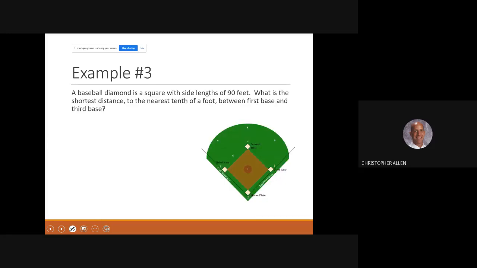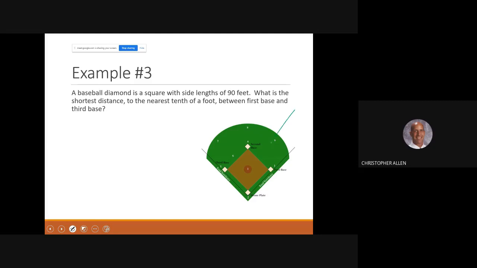All right, next problem here, example 3. Do I have any baseball players in here? Anybody play baseball? Baseball player? Okay. So hopefully you're familiar with the game of baseball. I'll be honest with you, I'm not a big baseball person. I couldn't tell you much about it. I know a little bit about it. I never played it officially, and I'm not a big fan. My brother is, but anyways,